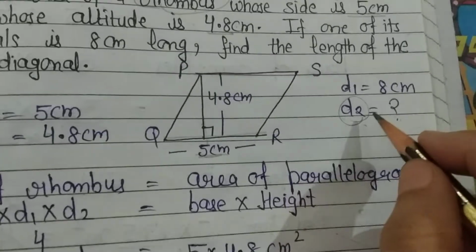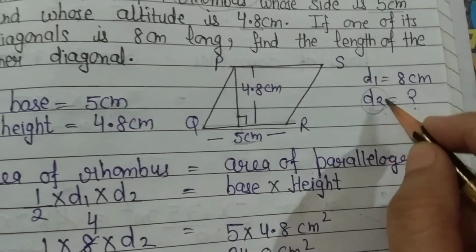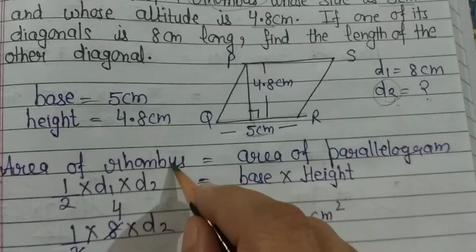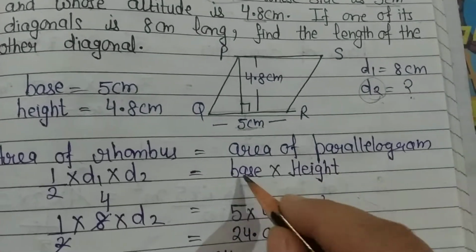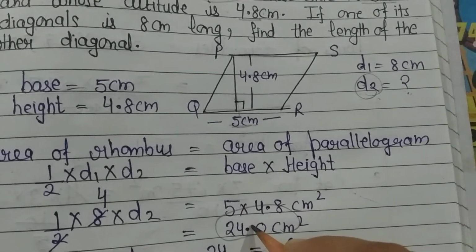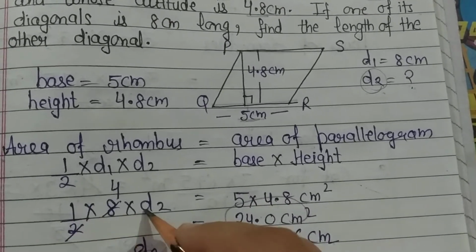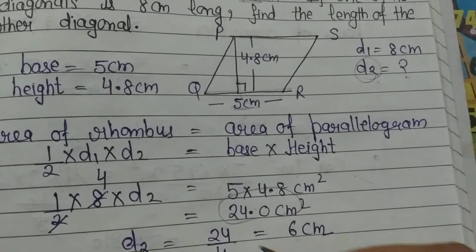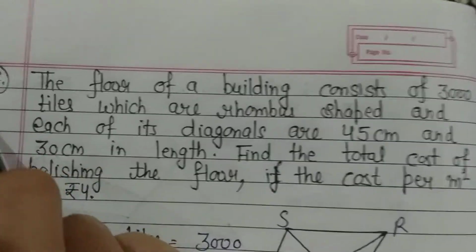It means to find the second diagonal of a rhombus, first we have to find the area of the rhombus by using the formula area of parallelogram, which is equal to base into height. First find the area, then after that you will put 24 equal to 1 by 2 into D1 into D2 and solve, and after solving you will get the value of D2 as 6 centimeter. Now question number 7. What is question number 7?